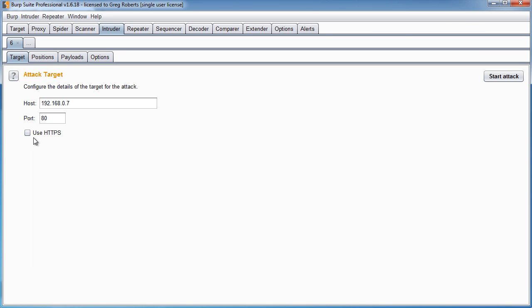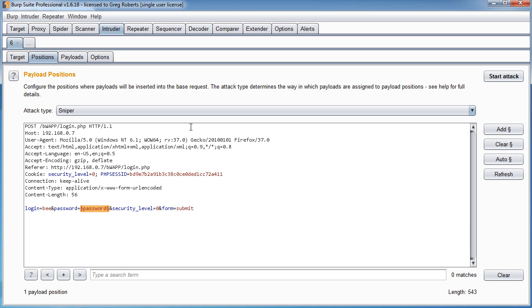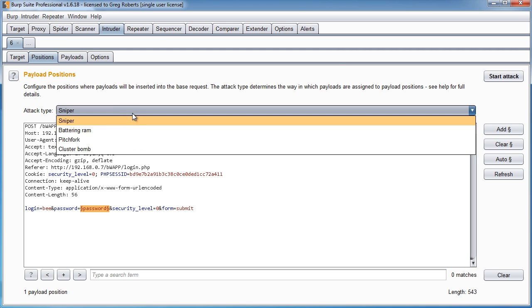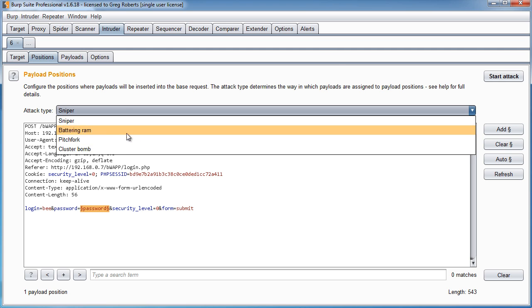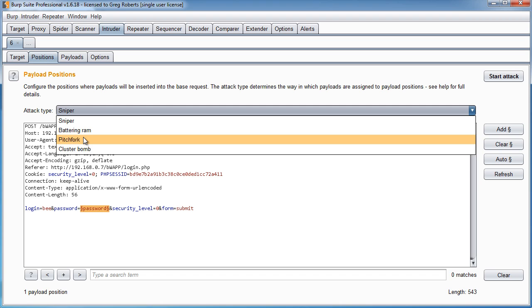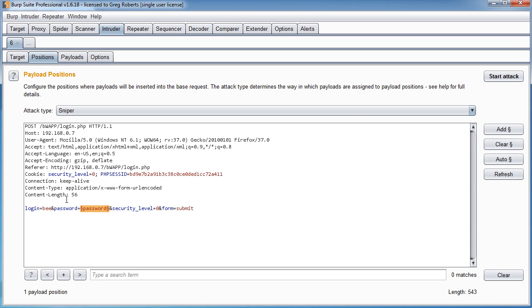Again, the Target tab, there isn't much in here. It's all self-explanatory. Now in the Positions section, the first thing that you may be wondering is, alright, it's asking me for an attack type. What the heck is the difference between sniper, battering ram, pitchfork, and cluster bomb? Now, in the example I showed you in the last video, I used sniper, and that's the easiest one to